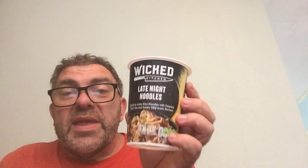Late night noodles, Wicked Kitchen. I had these late nights as well. I had these on Friday night, about 11 o'clock. Wrong time to be eating, but you know what? Absolutely disappointed. 2 out of 10. They were on offer when I picked them up. 2 out of 10. And there is a bit of a thing going on with it. I think there's something going wrong with the Tesco's Wicked Kitchen, but that's a different